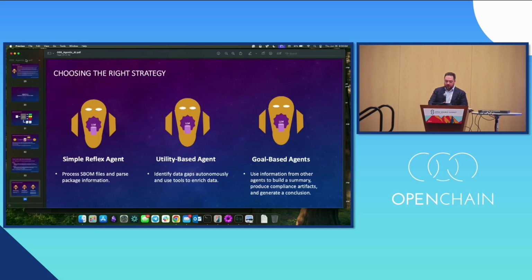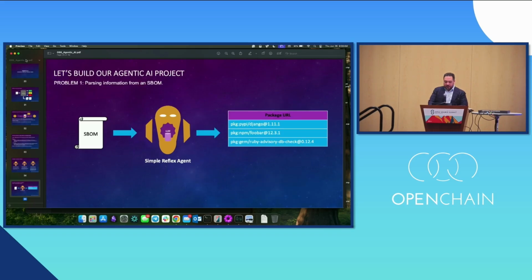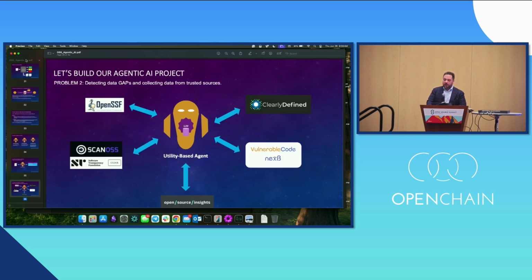We use a reflex agent, a utility agent, and a goals-based agent. Each agent will be doing different things. I'm going to show you how SBOM Python works, how we do the assessment. This is just an example of the case. There are more complex ones. The first one, the reflex agent, will take the SBOM and extract the ports and the package IDs. The second is going to connect to a bunch of organizations that offer APIs to provide additional data and help you enrich the data from the SBOM, so you don't need to really trust what was incorrectly declared by some commercial tools.